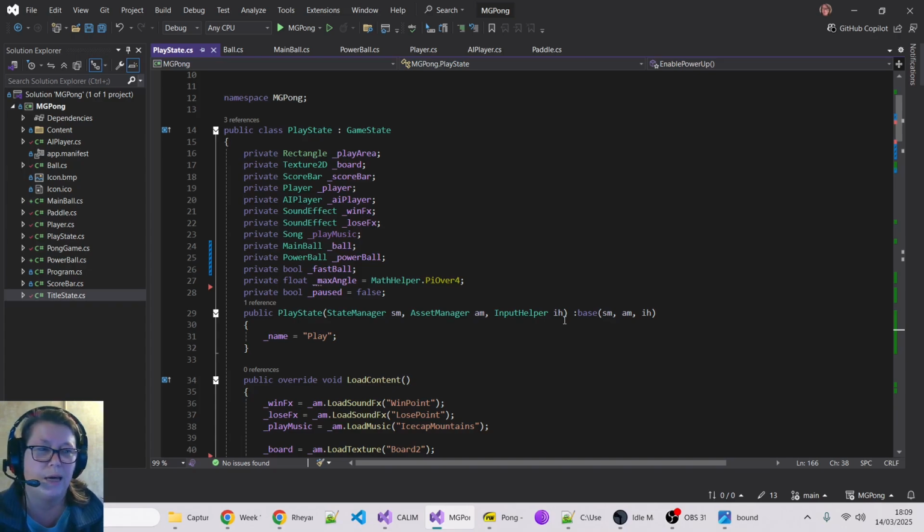So with MonoGame, out of the box, it only supports a couple of basic collision types. One is detecting whether one rectangle is intersecting another rectangle. The way it's done here is it's using a bounding box around the sprite. Now for a rectangular paddle, that works fine, and for a ball that also works fine. And the other kind of collision detection is circular, which would work well for the ball, but obviously doesn't work well